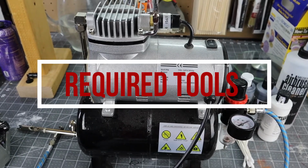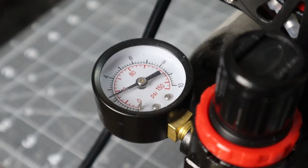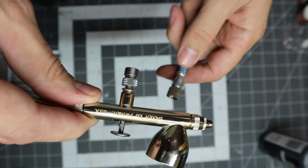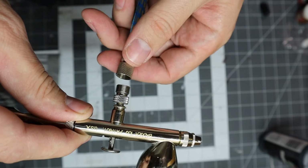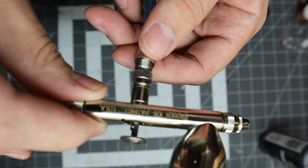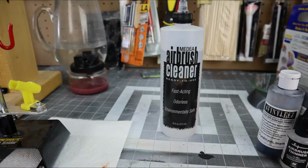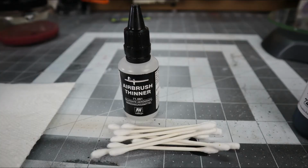So other than an airbrush, you're going to need a compressor. You're going to want to get one that's relatively quiet. While all compressors pretty much do the same exact thing, you can get a pretty decent one for about 80 bucks American. You also need a pretty good airbrush cleaner. I have this Medea, as well as some airbrush thinner